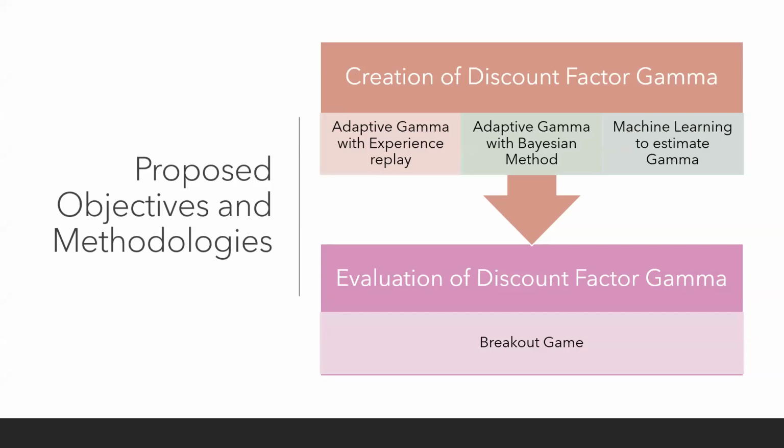By state dependent, I mean that the discount factor should not be assigned an initial value from 0 to 1 and stay constant throughout the whole training, but should change according to the